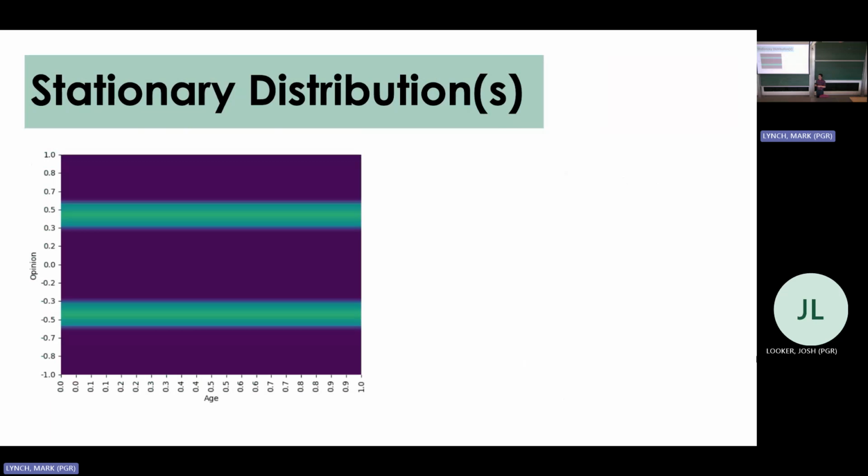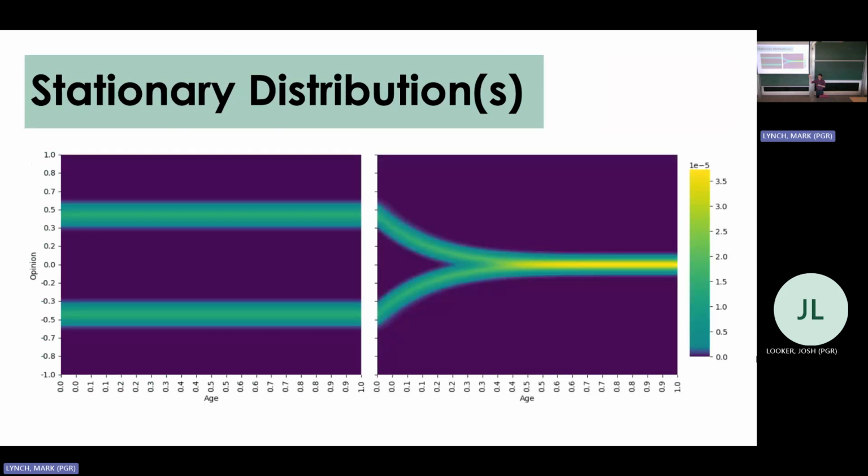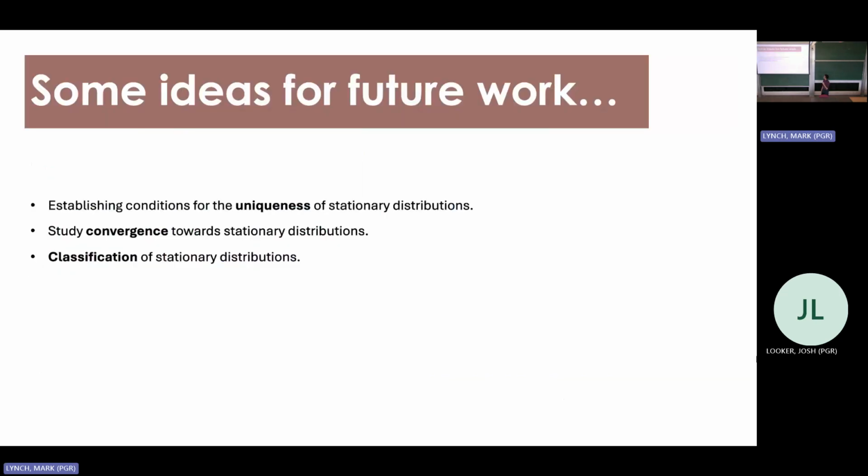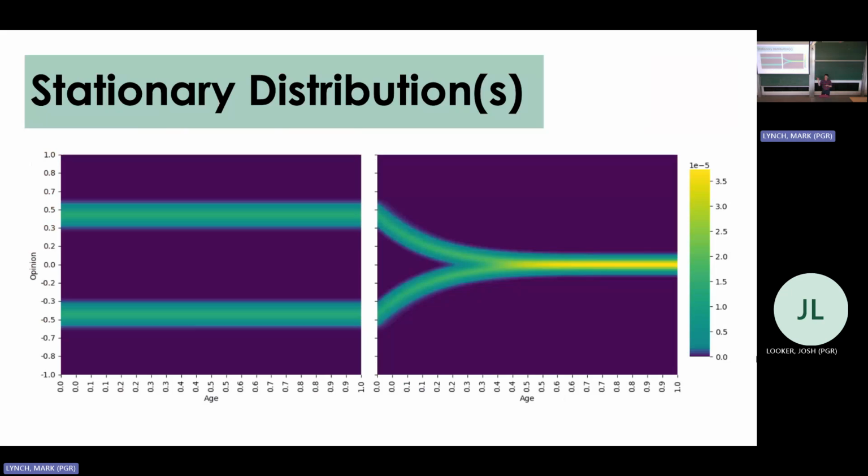But for the same age 0 distribution and all the same parameters, this distribution is also stable in time. So in this one, when people enter the population, they are split into 2 clusters. But over the course of people's lifetimes, as people age, they reach a consensus. So basically, younger members of the population are split into 2 groups, but older members of the population form a consensus. And this is also stationary in time. So this shows that stationary distributions aren't unique.